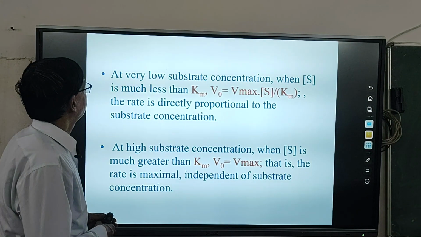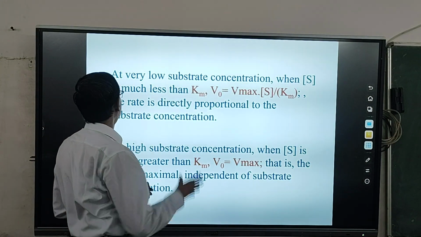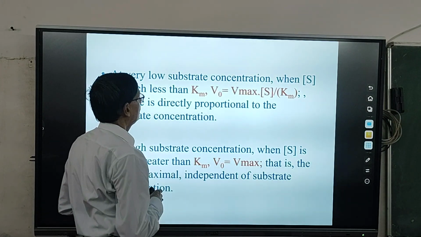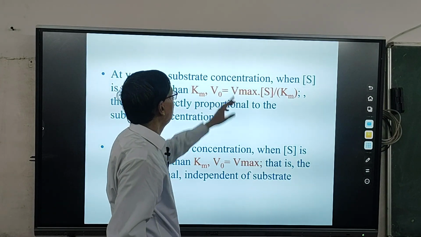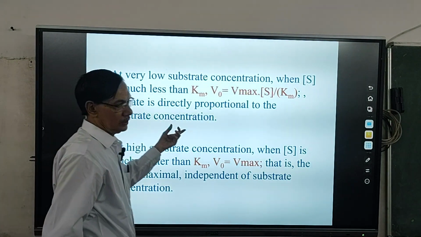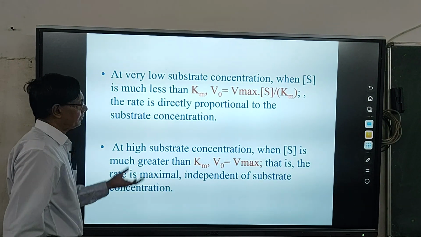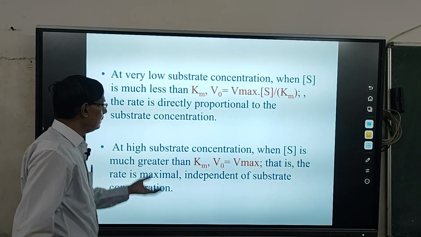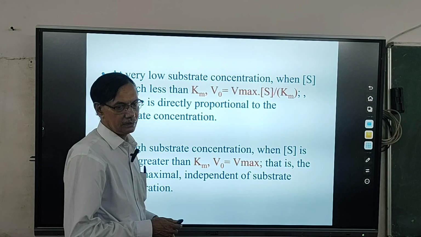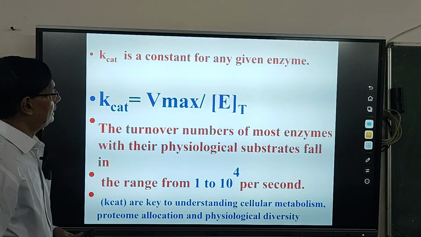Third point is that at very low substrate concentration, when S is much less than Km, so we can calculate the V max. You already know that the rate is directly proportional to the substrate concentration. I have already discussed these things. And at high substrate concentration, the rate is independent of the substrate concentration. From the graph also you can determine. Now the last point is that